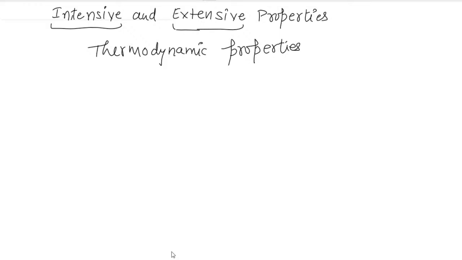Now intensive properties क्या होती हैं, which do not depend on either the size of the system or quantity of the matter present in it. Means intensive properties are one. What are intensive properties? The properties of a system